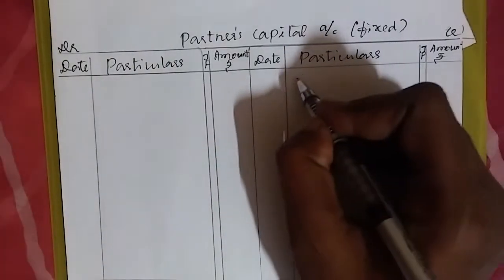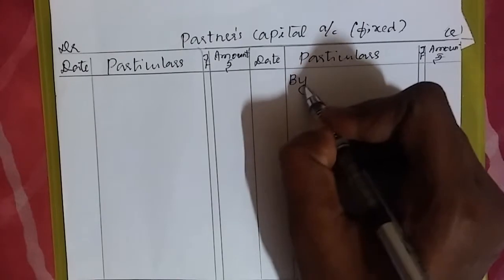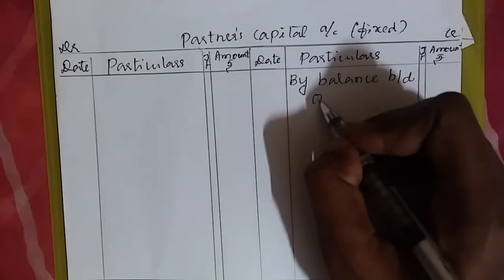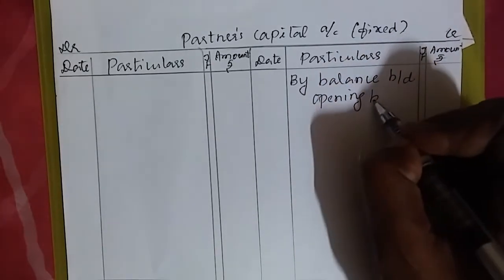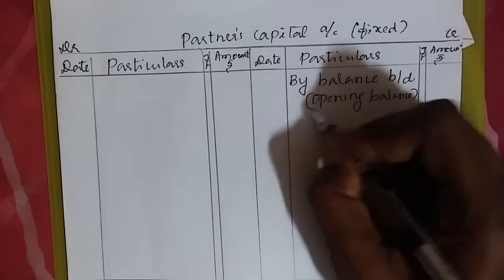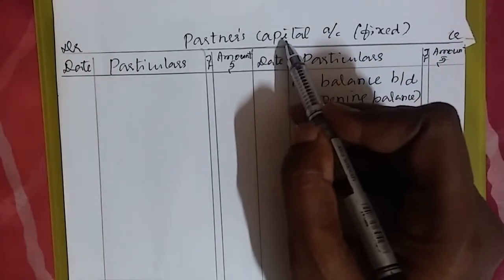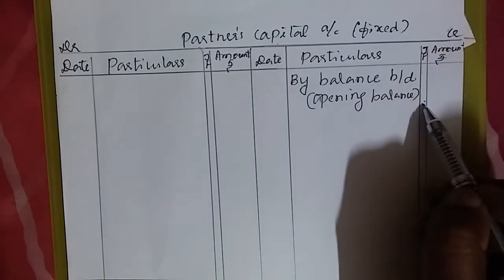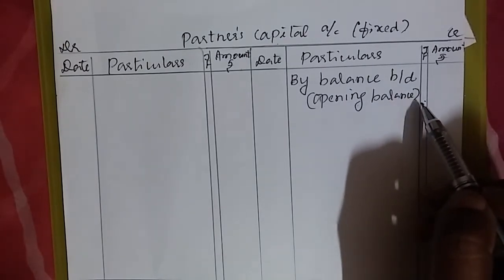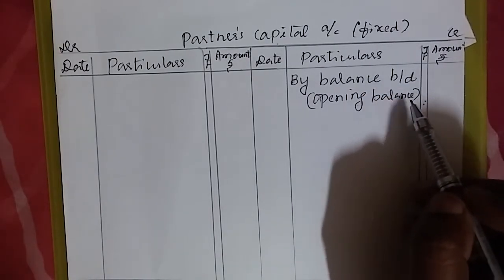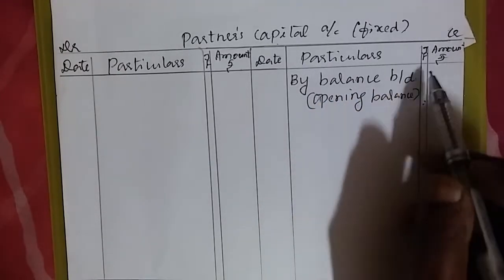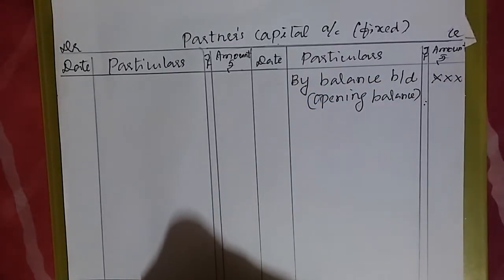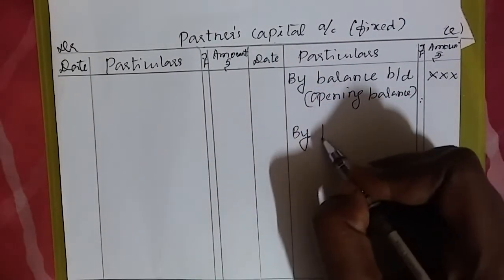Okay? Yes. First item should be by balance brought down. What is this by balance brought down? This by balance brought down is nothing but opening balance of capital. What is the ledger? Capital. So opening balance of capital we do write here on credit side. You know that capital is a liability. So by default we do enter it on credit side. It's a pro forma. I should not write the amount. So I write here what? X.